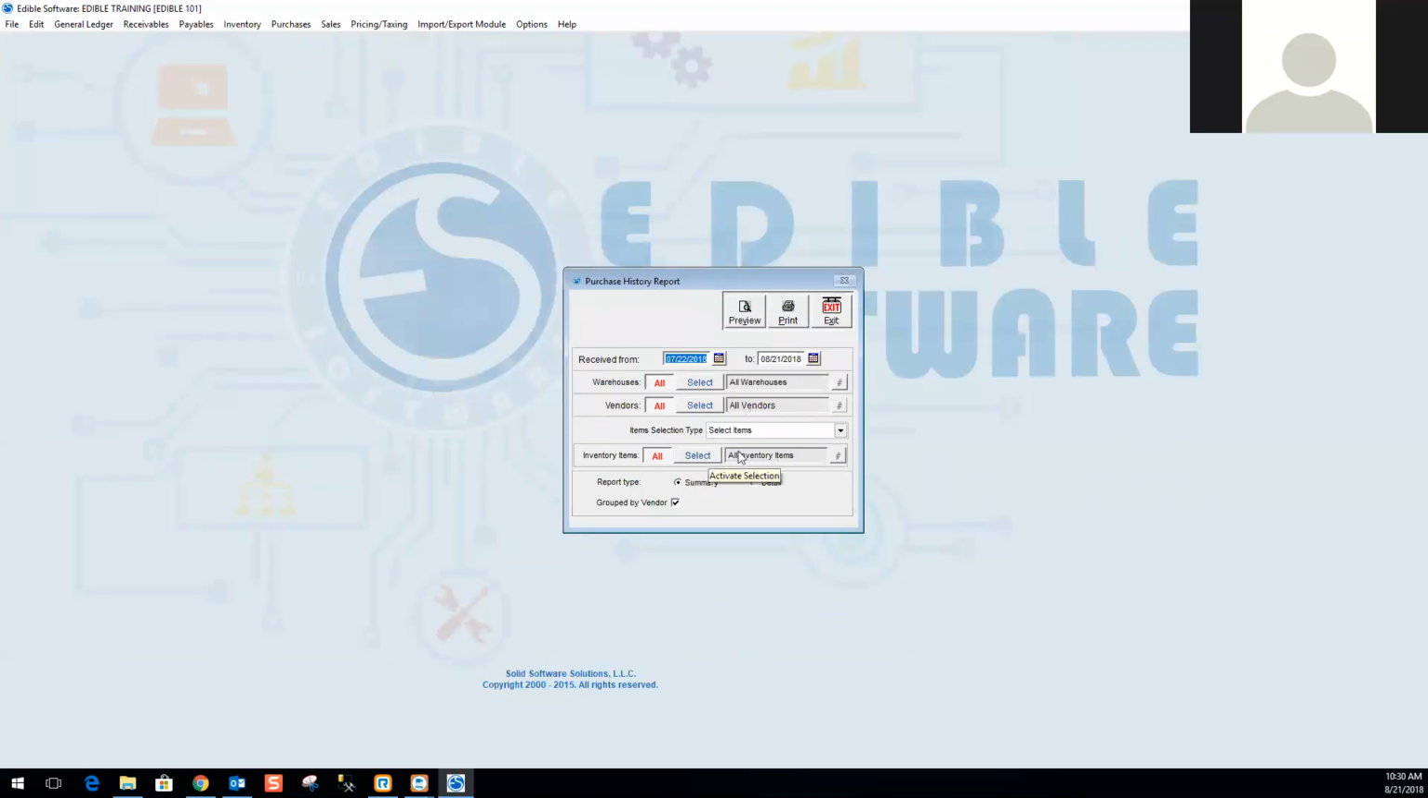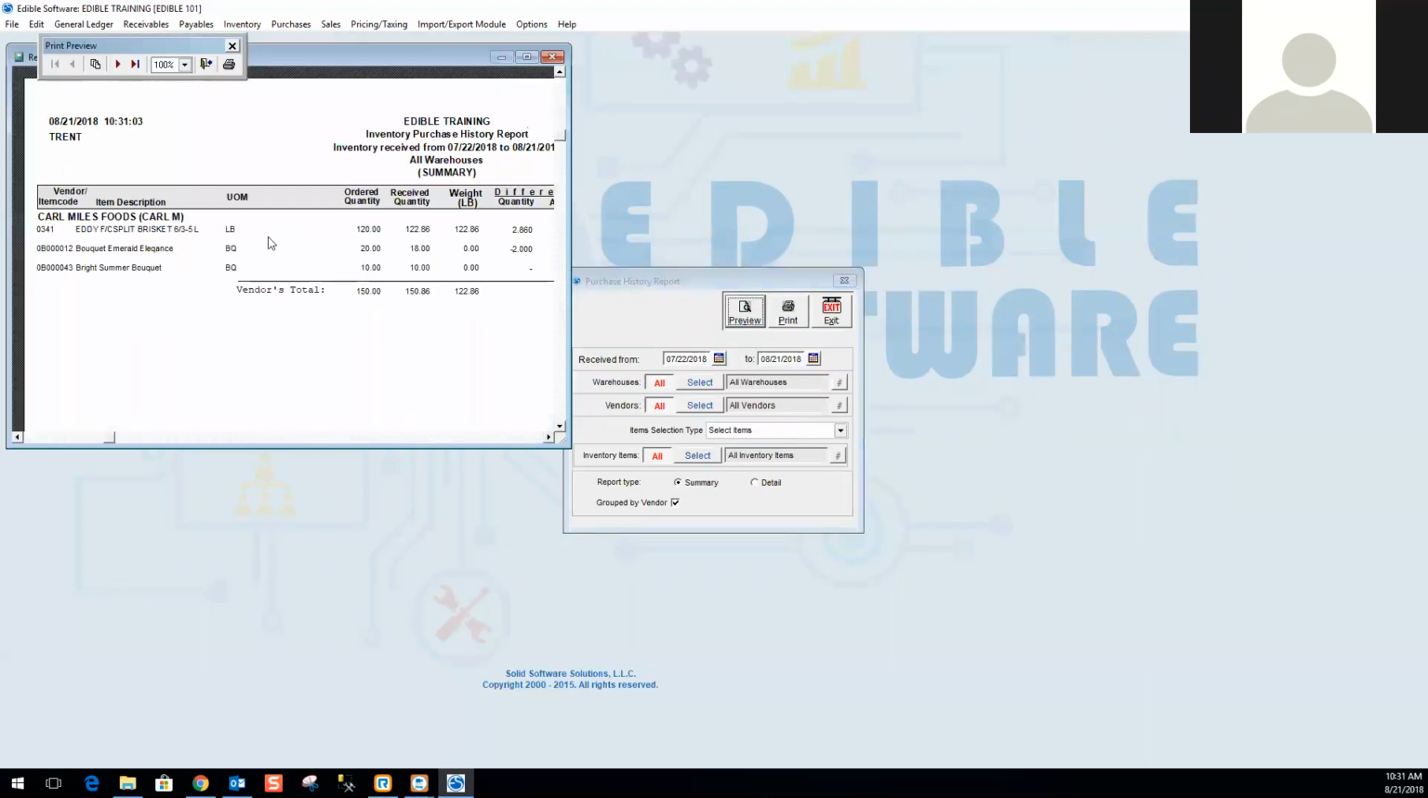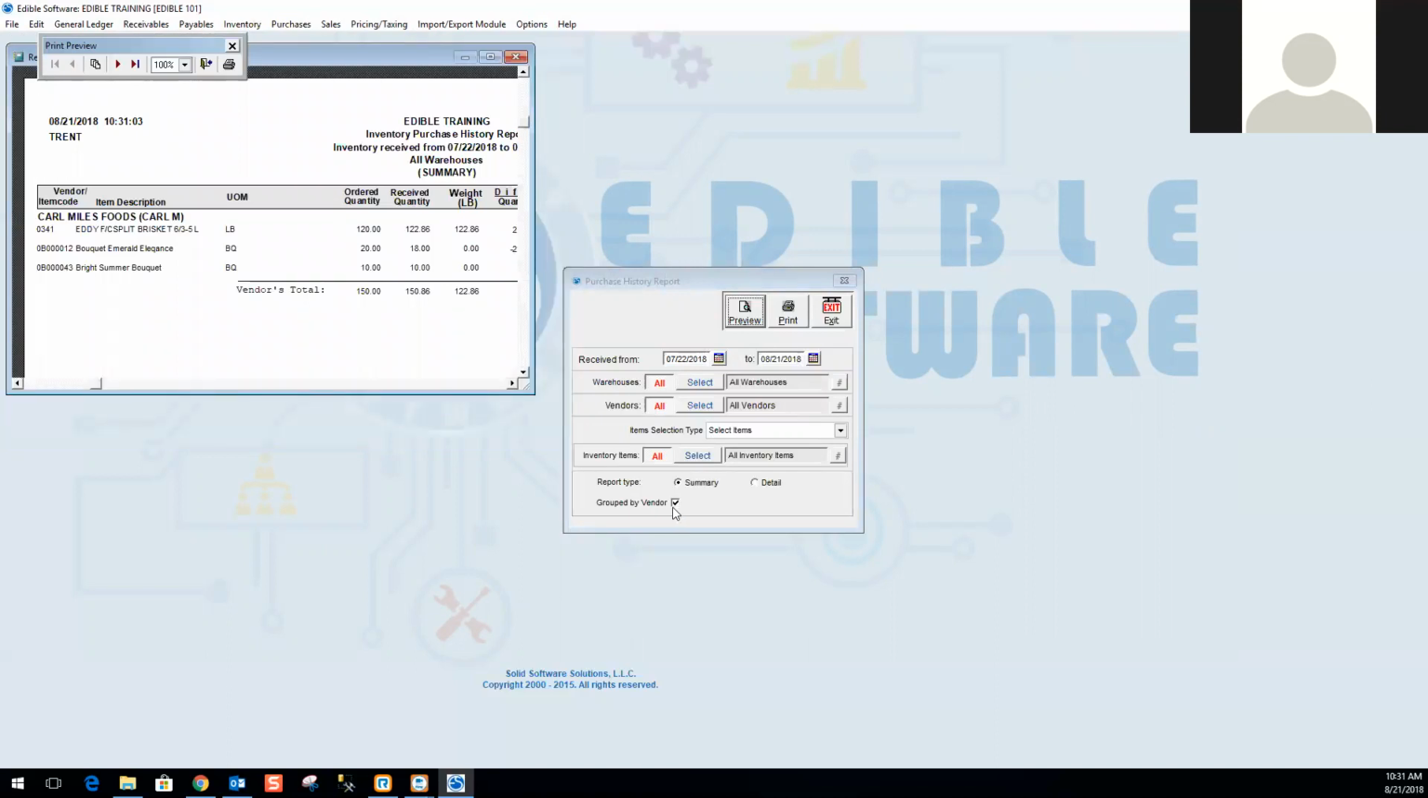If you want to look at a specific inventory item or type or group, you can select a specific item to look at. And then summary is just going to show you the item and the total quantity that was received within that date range. So if I go ahead and click here, I am grouping by vendor right here. So if I wanted to uncheck that,